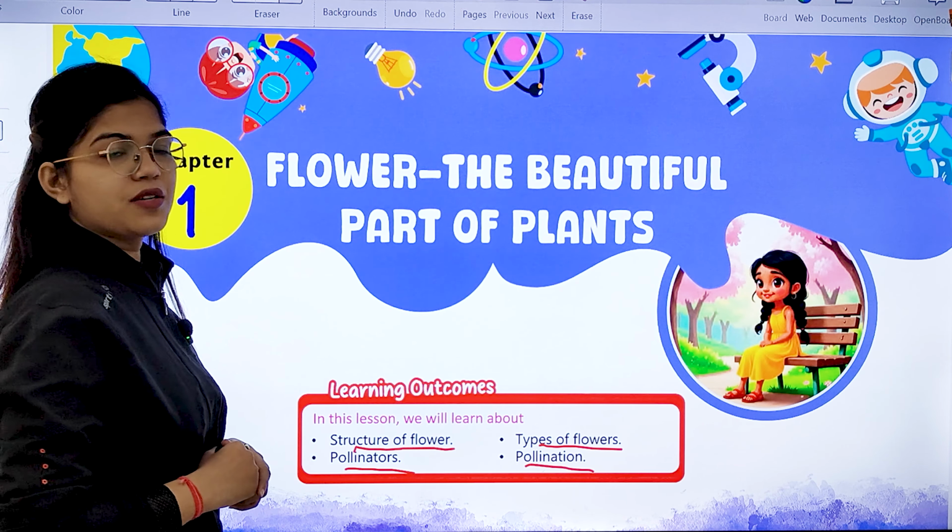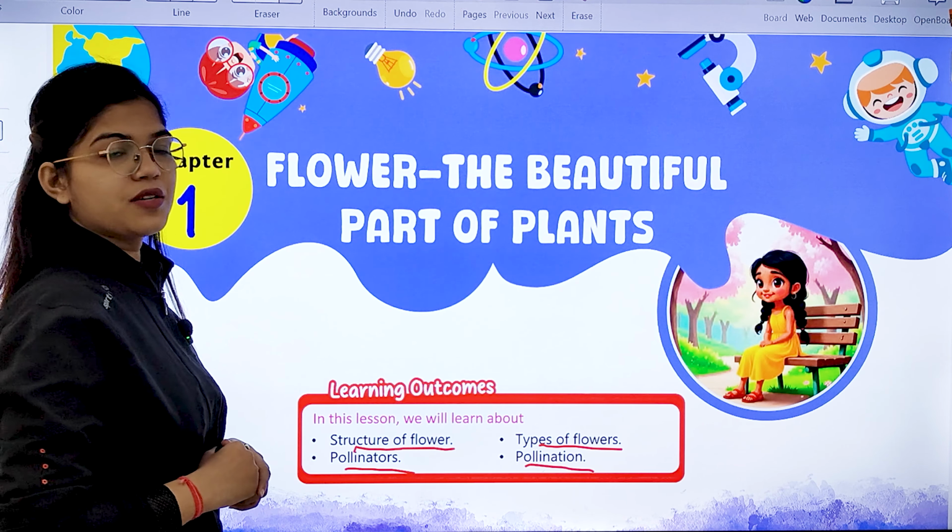Third, plants are sensitive towards light. How? You must have seen the flower of a sunflower plant. It typically faces its face towards the sunlight, the light which is generated by the sun. Next, plants have a life cycle. Means what? They grow from a very small seed to large big trees, and then after reaching a certain age, they eventually die.